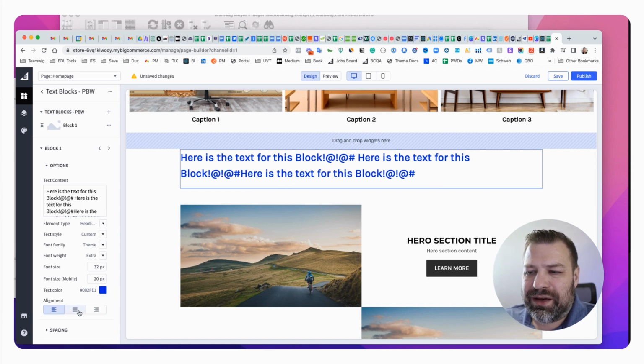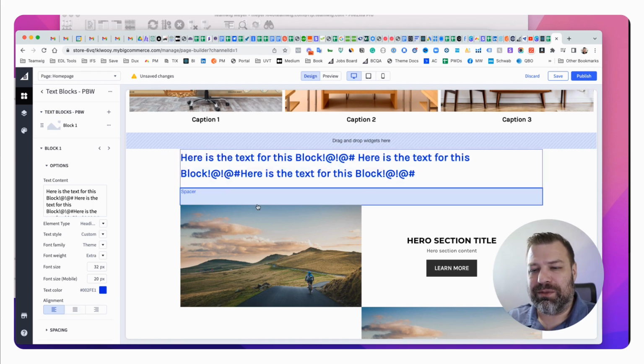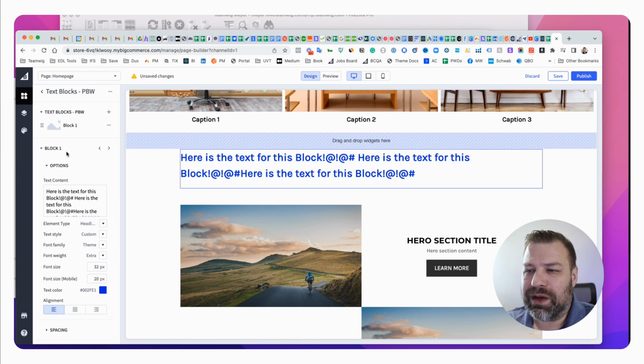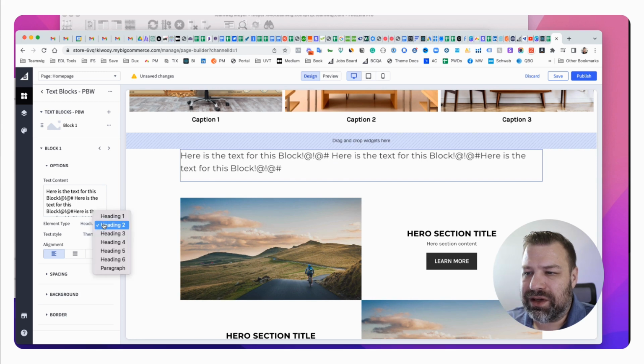There are times when there's some conflicts with this in your theme. That's because your theme's trying to override it. So you may have to do some CSS if you don't see this working right on your theme, and that would be theme dependent basically. All right, I'm going to turn this off and just go with the default heading 2. And